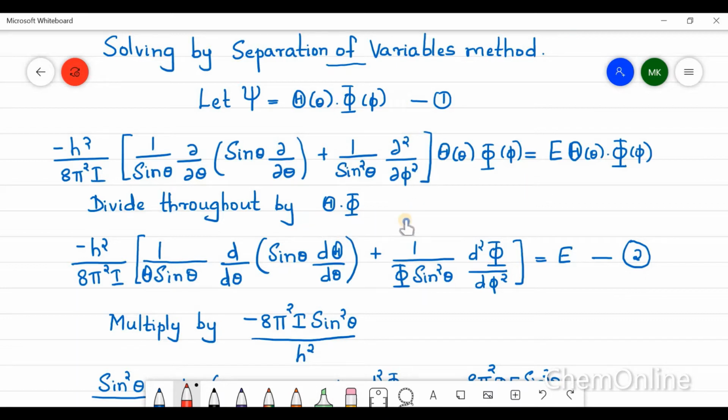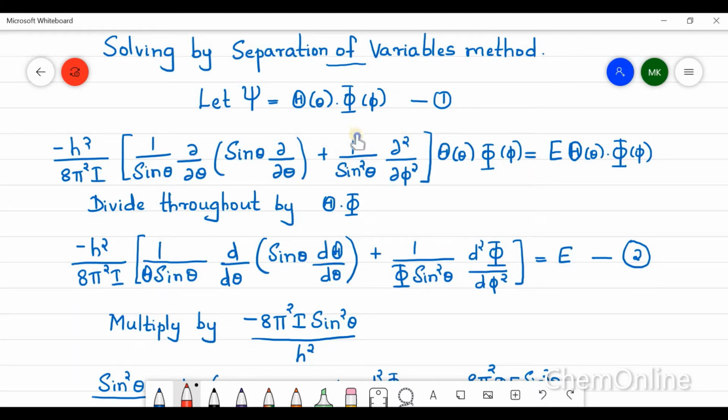Now you have to divide throughout, that is both LHS and RHS, by theta into phi. Minus h square by 8 pi square I. The first term becomes 1 by theta sin theta, multiplied with sin theta dou by dou theta of theta into phi. There is no variable phi in the first term, so phi will be a constant. So it will become phi into dou by dou theta of sin theta dou theta by dou theta. And when we divide by theta into phi, phi and phi get cancelled, so that becomes 1 by theta sin theta d by d theta of sin theta d theta by d theta plus,